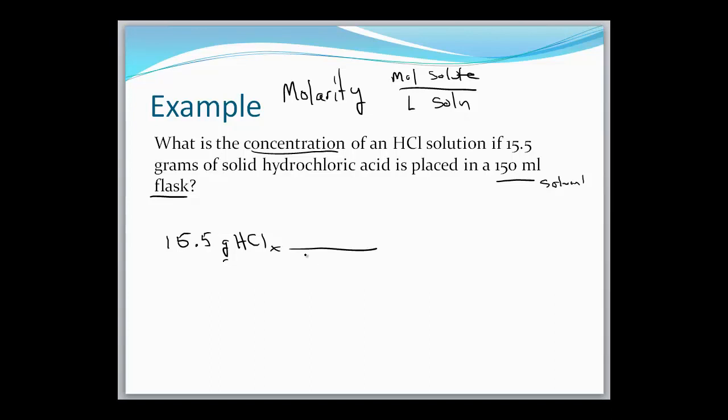So the molar mass of HCl is 36.5 grams of HCl per mole of HCl. Let's do the math here, and we get 0.424 moles of HCl. Now the one thing you want to realize here is that when we're talking about moles